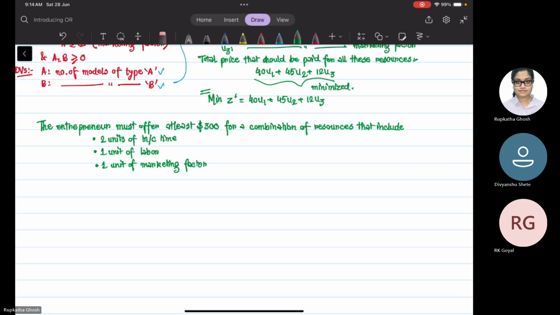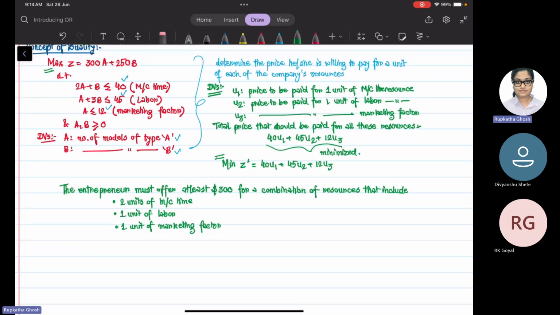Because the company, if it desires, could use these resources to produce 1 unit of type A model that is currently generating a profit of $300,